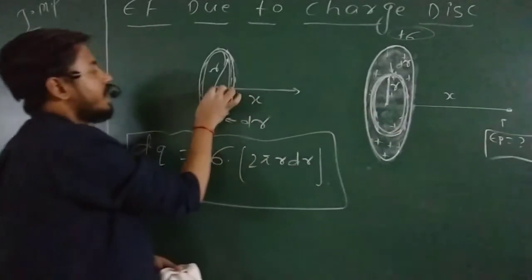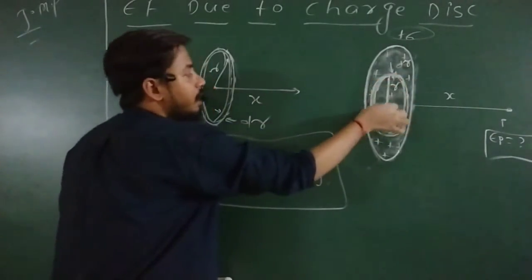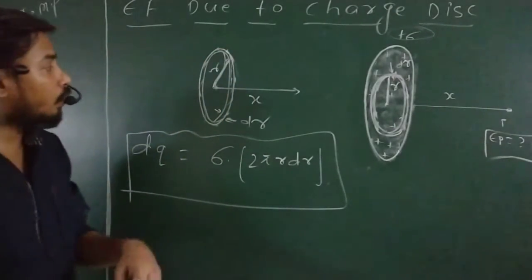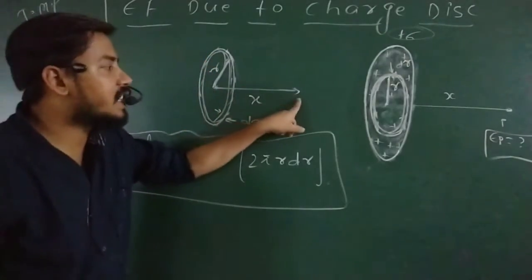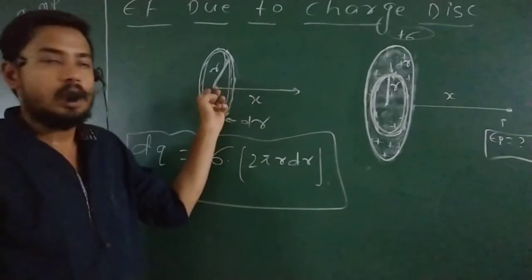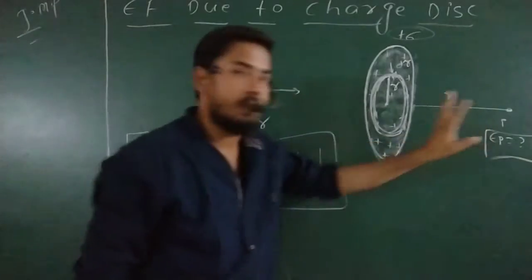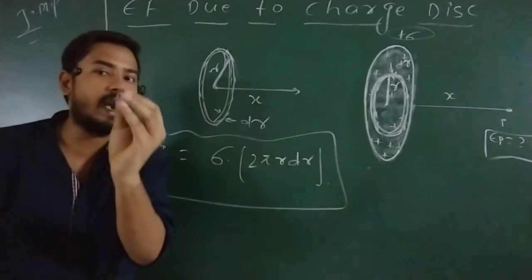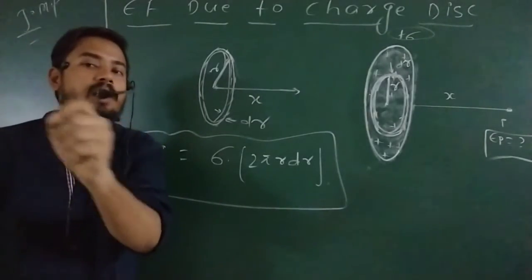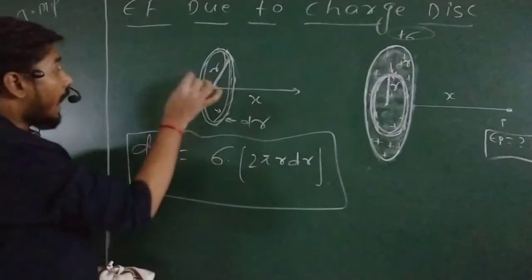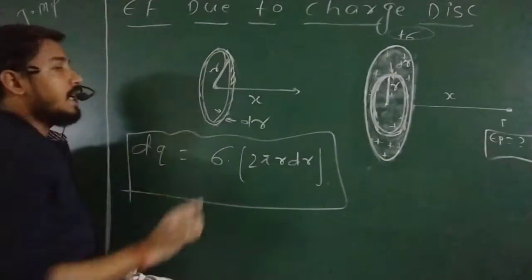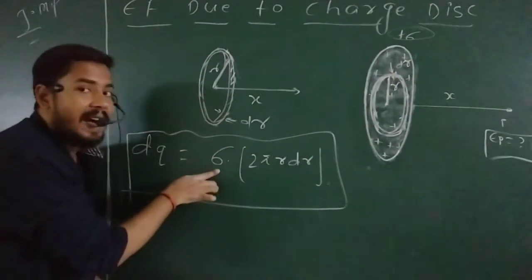This ring I represent here. The radius of this ring is r and its thickness is dr. Now we are going to calculate the electric field due to this ring at this point. Are you getting my points? For your clear vision, I take this part here. Now the electric field due to this ring at this point, because we know the electric field due to a ring is kqx by (r square plus x square) power 3 by 2. So I need to find the charge on this part only. We know this is sigma. Sigma means charge per unit area.